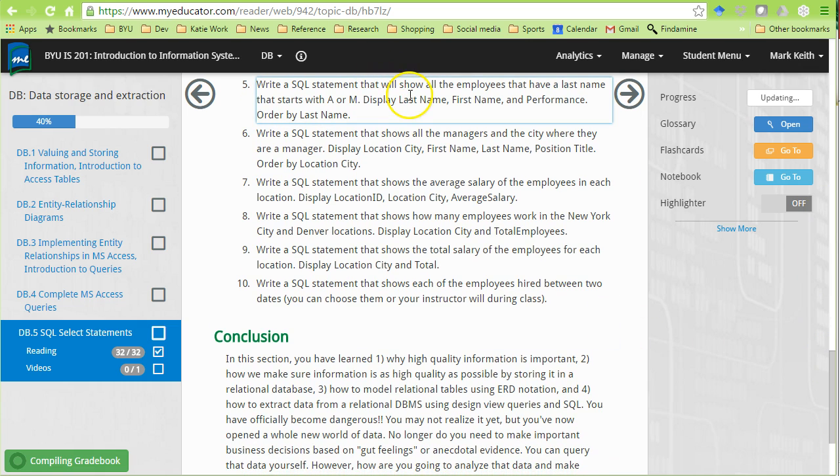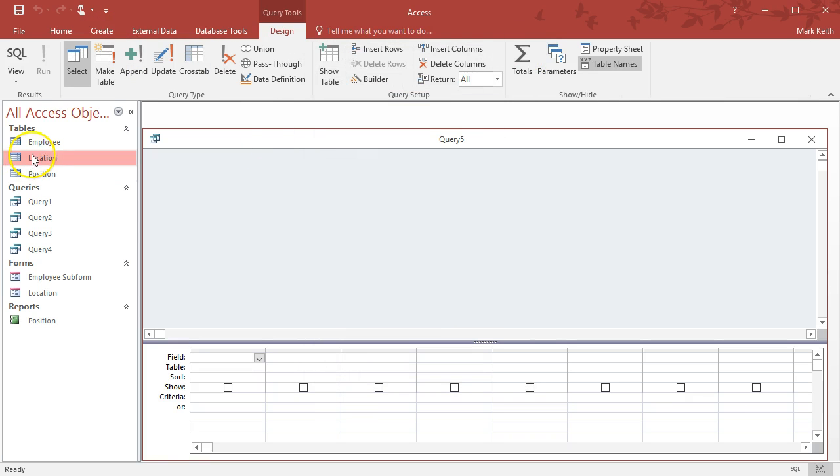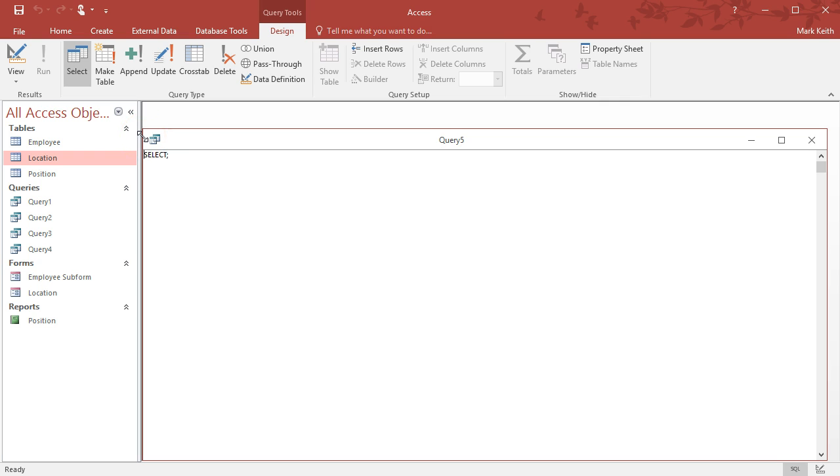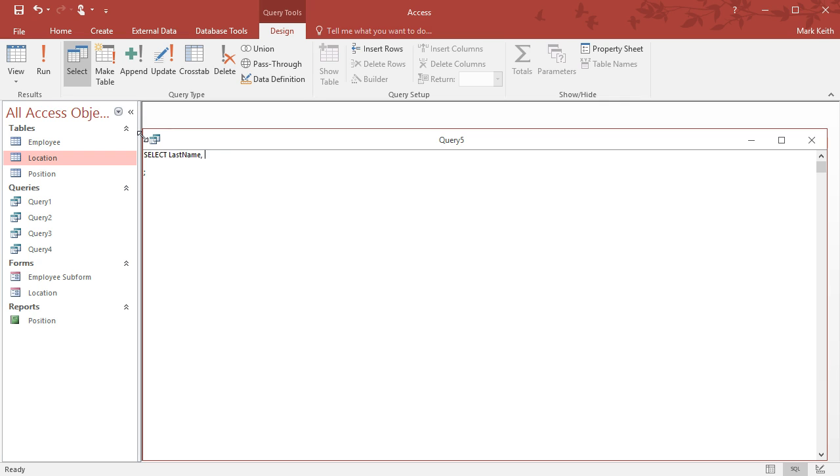Write a SQL statement that will show all the employees that have a last name that starts with A or M. Display last name, first name, and performance, order by last name. Any join needed? Doesn't look like it. Okay, let's do that one. Query design, SQL. Okay, select last name, first name, and performance. Last name, first name, performance